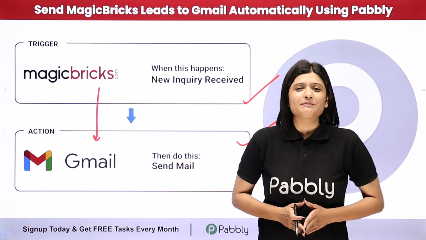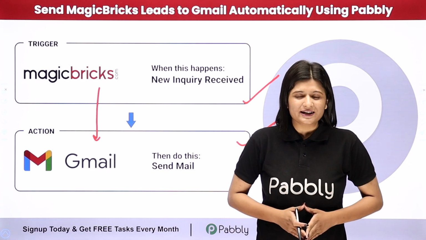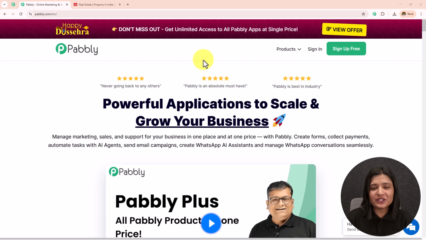Now if you want to learn the step-by-step process, then let me take you all to my screen. So here in this video, we are going to see how we can send the mail to all the leads which we have captured from MagicBricks, and for this we are simply going to create an integration between MagicBricks and Gmail using Pabbly Connect. So this is the landing page of Pabbly, and you can visit this simply by typing pabbly.com